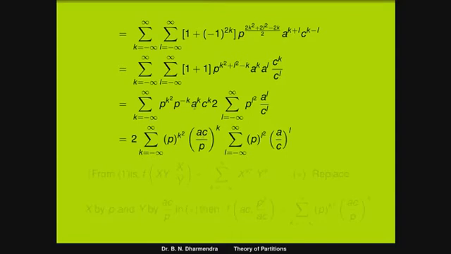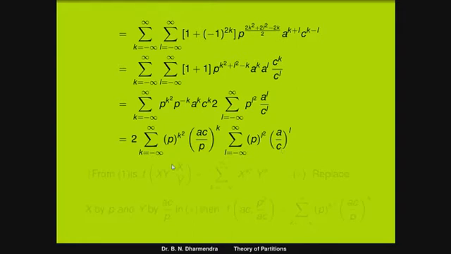We can observe, so that is AC divided by P, because minus p to the power of minus k is there, it will go to the numerator, that is AC by P whole to the power of k, into summation l from minus infinity to plus infinity, p to the power of l square into A by C whole to the power of l. So this is the expression in terms of f of x into y comma x by y form.